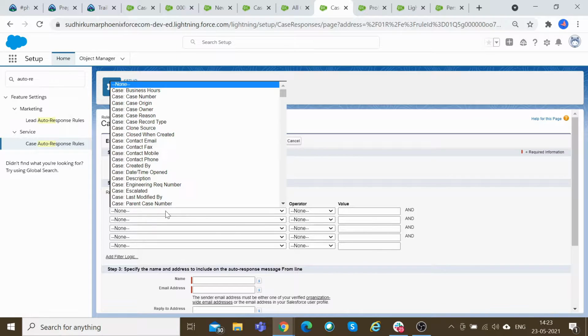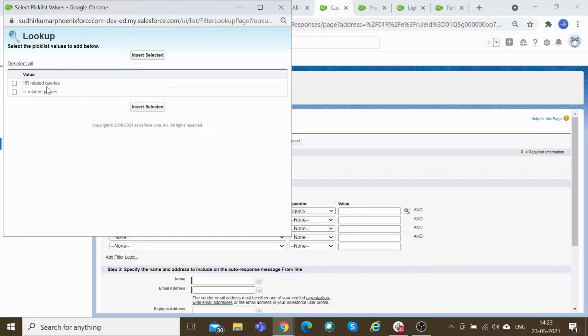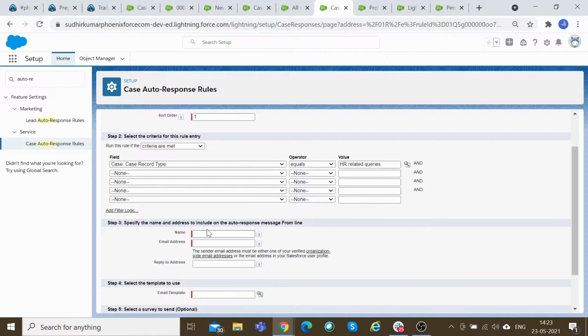Let's go to the criteria, the record type, if it is HR, and specify the name and email address to include on the auto response message from line. Since it is from IT related queries, sorry, HR, so let's say HR team or HR support,